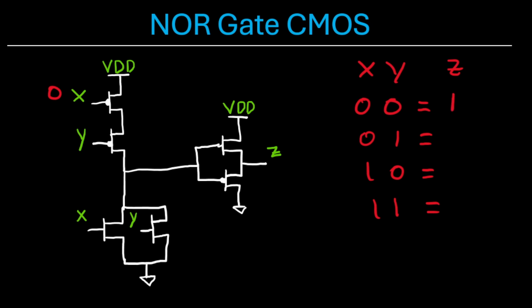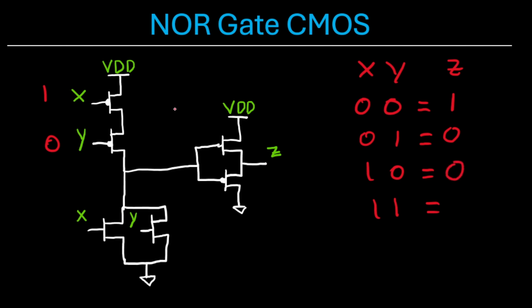Now if we input 0, 1, like so, this PMOS will be on, this PMOS will be off, this NMOS will be on, which connects ground to the gate of these two transistors, which turns on this PMOS, connecting our output Z to ground or 0. Now on the flip side, if we input 1, 0, this PMOS is on, this PMOS is off, this NMOS is on, which connects ground to the gate of these two transistors, turning the PMOS on, connecting Z to ground,